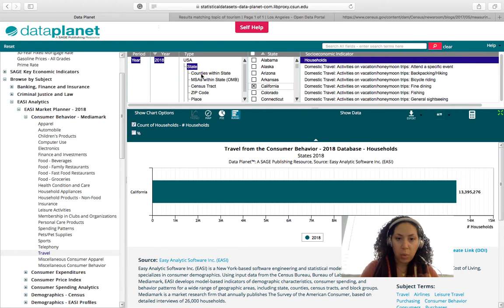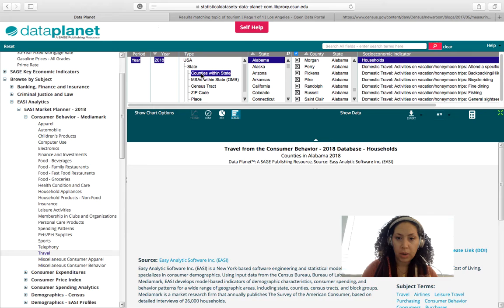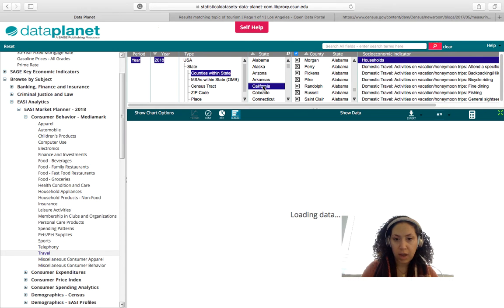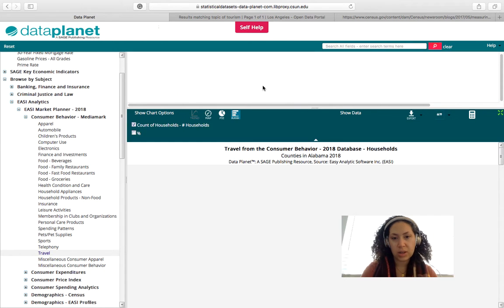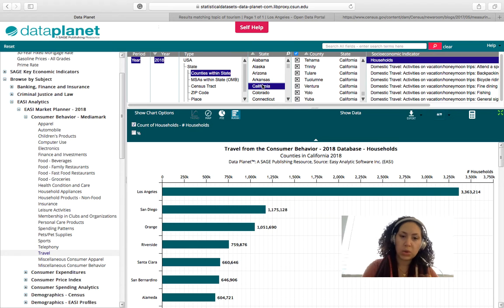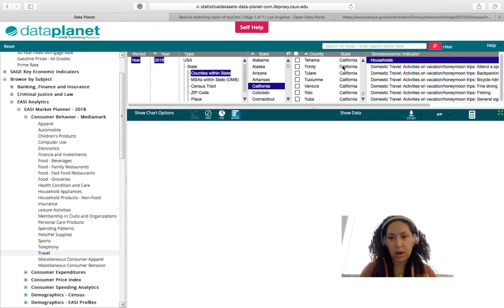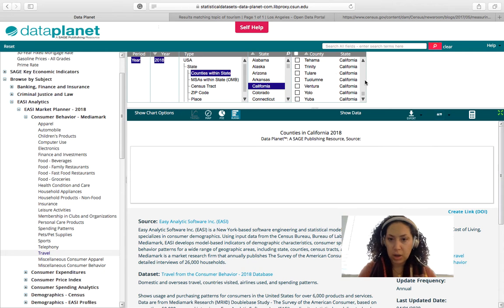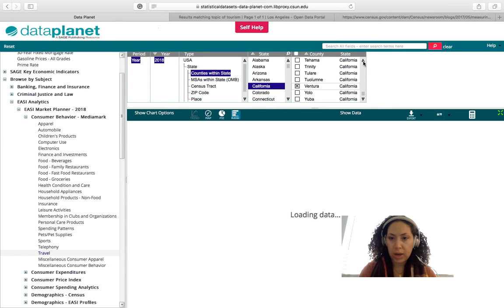And then if you wanted to go the next geographic level down, you could go to counties. So within the state of California, again, I have to keep selecting. So you start from the left and move to the right. I select California, and then I would deselect, and then I would select specific counties. So in California, perhaps I would want Ventura County,